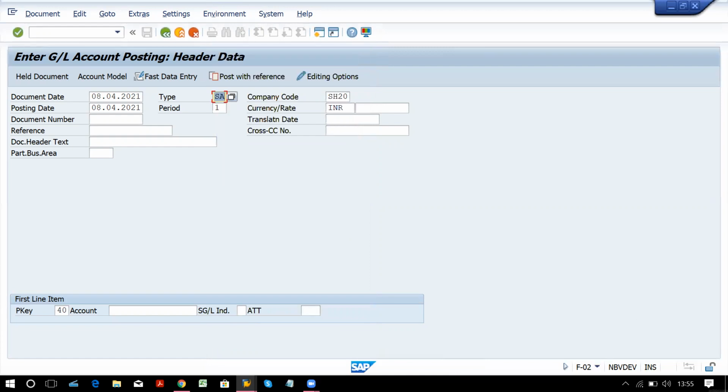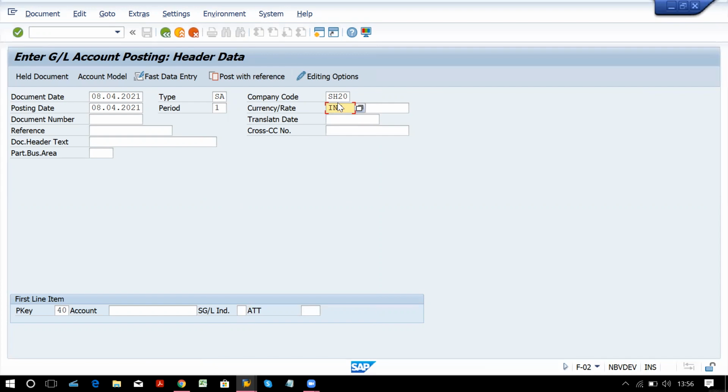Now in the background for this particular transaction code, this document type is saved. That is automatically system can pick. Okay. Company code, currency, generally we have to enter manually. Okay, these are required entries. But as we are working in that particular company code since creation of GL account, it has picked up automatically by the system.